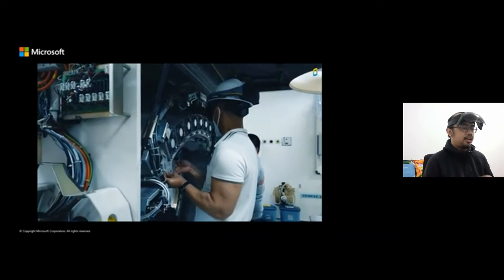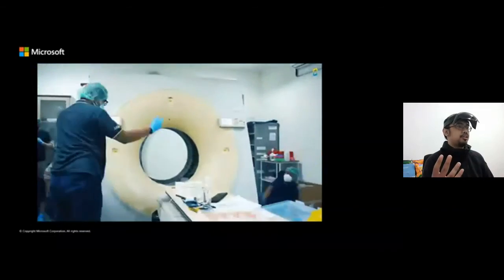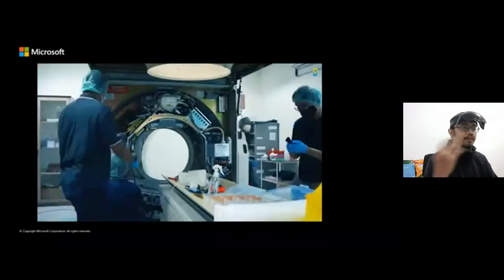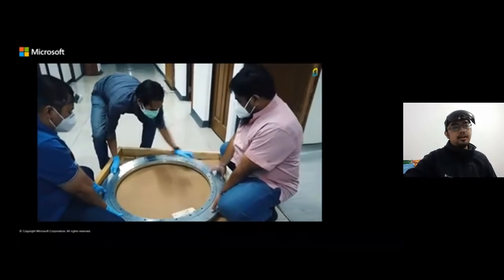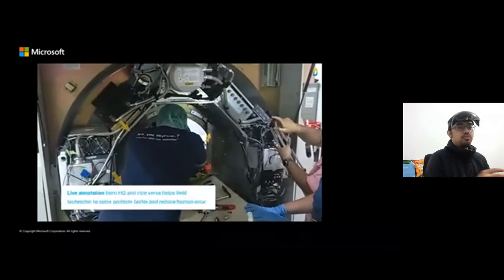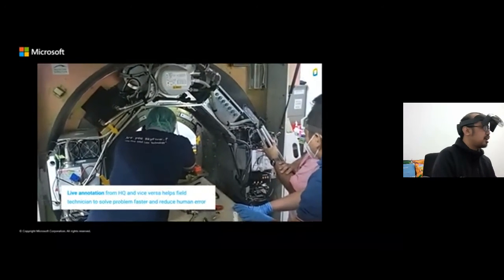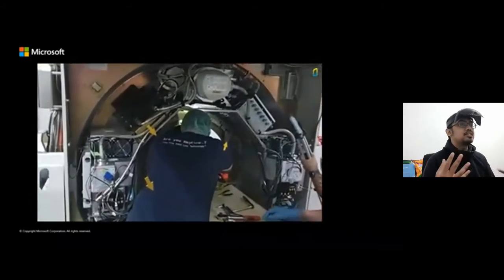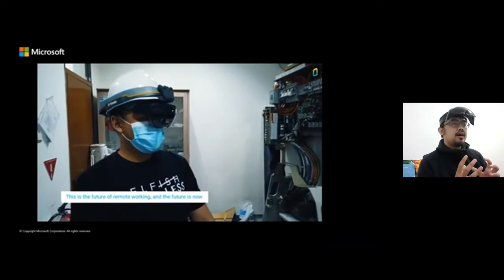Maybe you would just say it's like a video conference, but this is not just a video conference. This is where you can interact directly with the environment. You can directly interact with the machinery that the experts see through the mixed reality connection to the remote assist. So the expert can draw, can put an arrow. You can see there's a holographic arrow. Then the expert can put it there, and the man in the field can see, oh, this is the part that I need to fix. This is the part that I need to focus on.